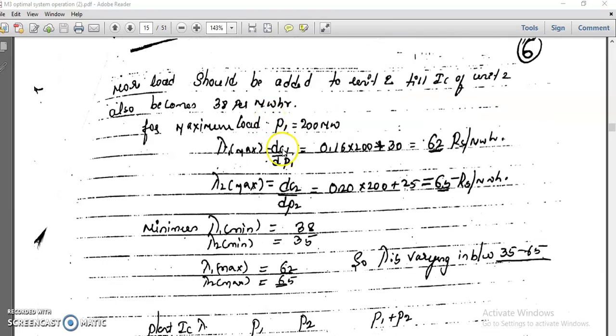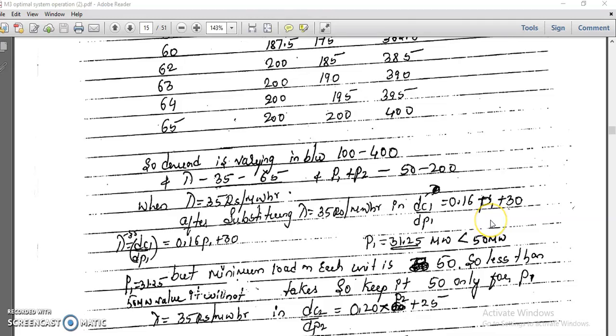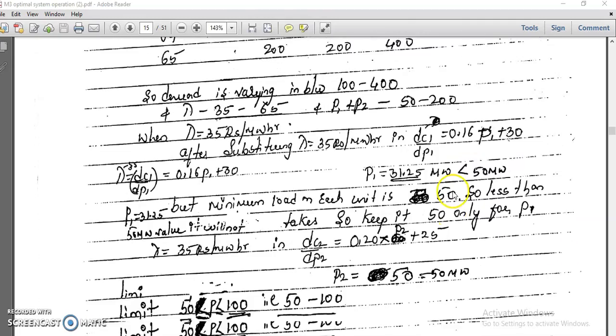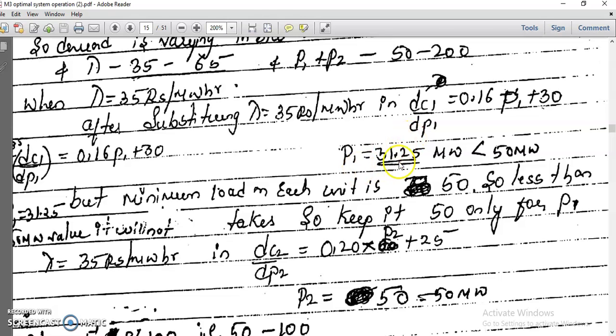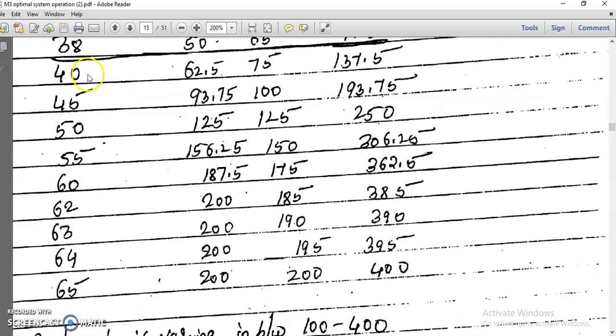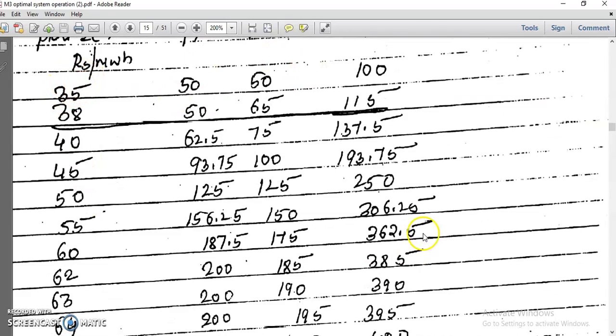Now I will take the formula again, first formula, dC1 by dP1. In this I will substitute lambda, as this is nothing but lambda. What is the value here? 35, whatever we got. Nothing is there in this table yet. Now the lambda values you are substituting into the formula again. First you substituted P1, P2; now in reverse, from lambda we got values. We got 4 lambdas and we are substituting them, taking them in roughly increasing order.